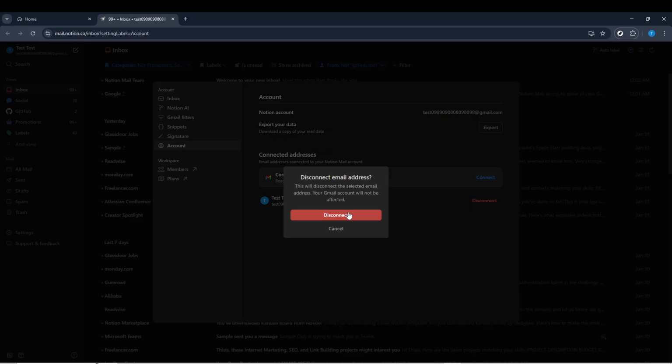And that's it. You've successfully disconnected Gmail from Notion Mail, keeping your workspace clean and under your control. This small action helps maintain your account security and ensures that only the emails you want to be connected to